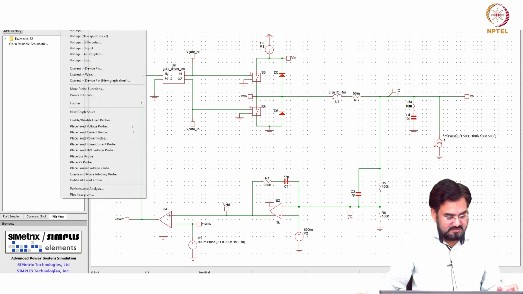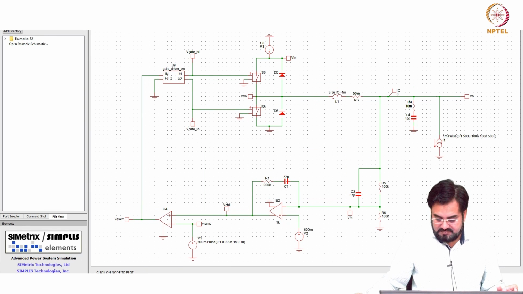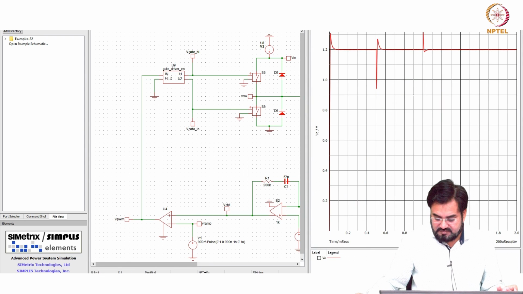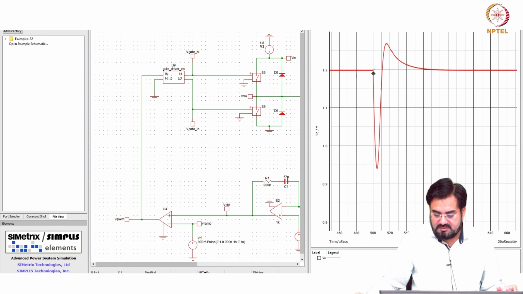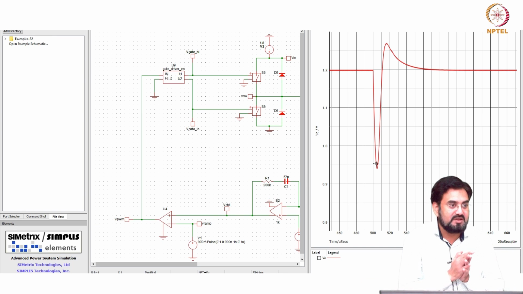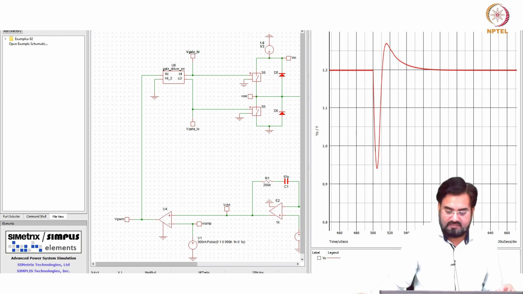See, almost the same behavior. The only thing you might see is that your undershoot and overshoot might be worse in this case compared to linear, because now you are working on a switching model. So, you are sampling, so you have a clock delay from the PWM. It will introduce a delay, and because of that delay your transient response will be worse compared to what you are plotting in the linear.